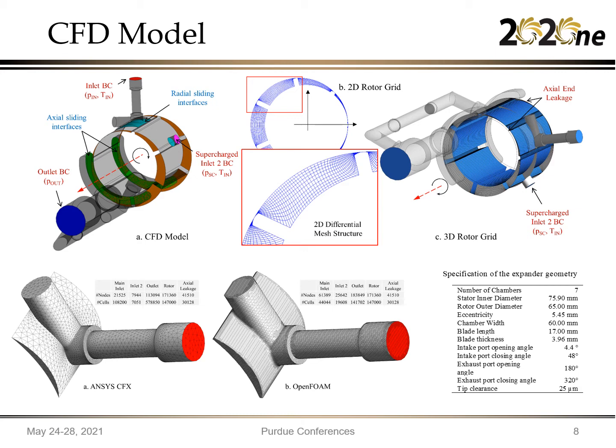In terms of the arrangement of the expander itself, the rotor is connected to the filling port, which is the main inlet boundary condition, where we have the data from experiment for temperature and pressure. After 40 degrees rotation, there is a 13.7 degree overlap for the supercharged inlet port. This is further expanded and then it gets open to the discharge port where we have the outlet boundary condition. There are 3 interfaces. The radial interface is between the inlet ports and the rotors, and there are 2 axial interfaces with the discharge port, which are shown here.